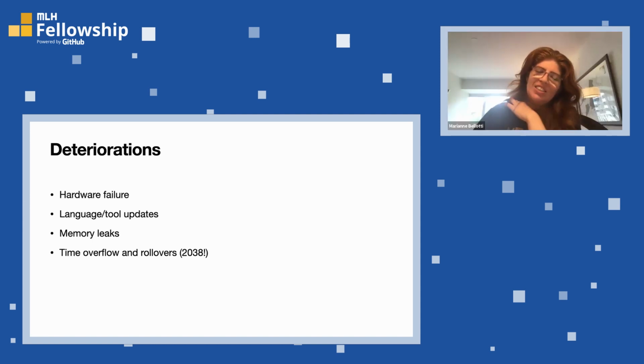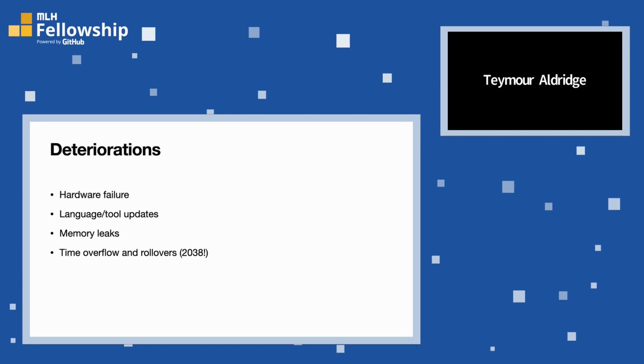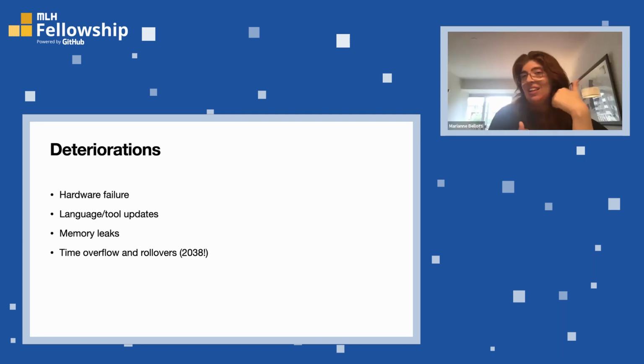Cool. 2038. Sorry, I was going to say, if you have a 32-bit integer, you can't have a Unix timestamp that's greater than the year 2038. So it will overflow and go back to 1970, which can cause problems. So 2038 is when the Unix timestamp for 32-bit computers rolls over. And we've already seen problems with this in the